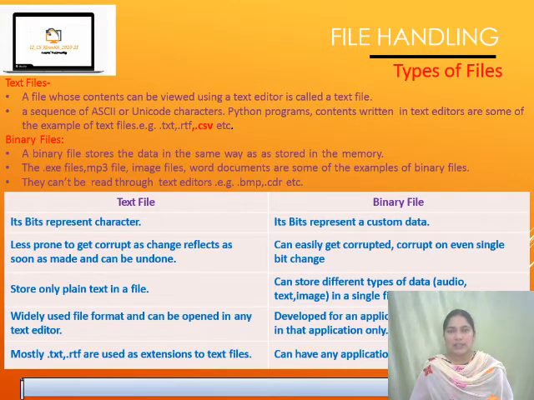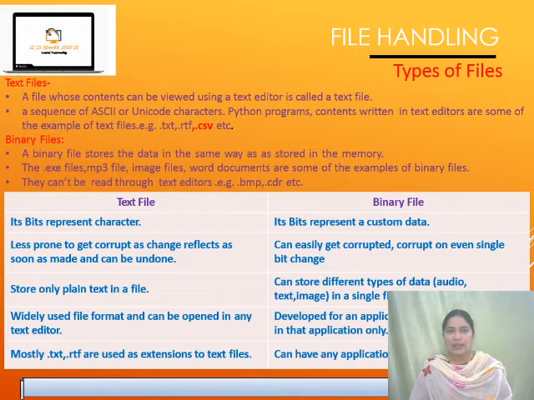In Microsoft Word, if you are trying to use subscript, superscript, or insert an image, that is not possible in a text file, isn't it? Everything is in the form of ASCII characters, so it is a better example of a text file. And comma separated values files are also examples of text files. But comma separated value files you can open even using Excel, isn't it? How to handle these CSV files also we will see in this chapter. Okay, so binary files. What is a binary file?